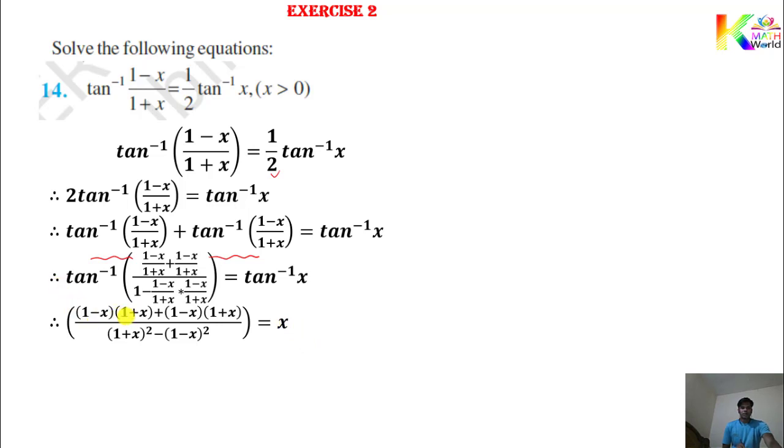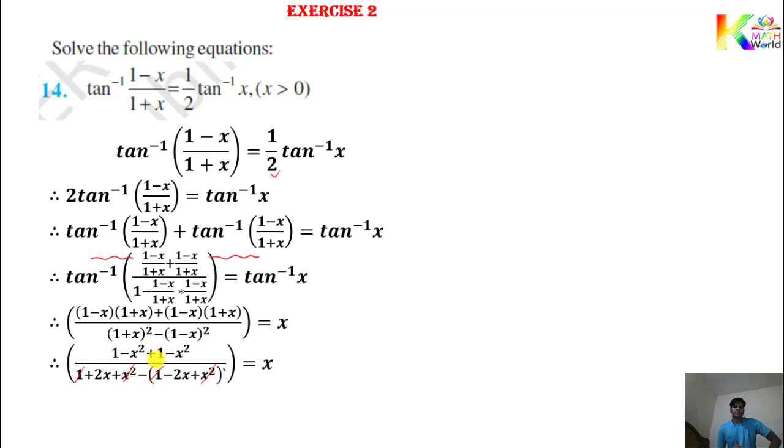So a minus b, a plus b, so you got a square minus b square, so you got 1 minus x square. Same way here you got 1 minus x square. In denominator write the expansion, so 1 plus 2x plus x square minus 1 minus 2x plus x square, that is equals to x. Okay, so in denominator when you open this bracket, this 1 got cancelled out, plus x square will be cancelled out with this will become minus x square, so it will be cancelled out. So now twice x left and here minus minus plus 2x, so 2x plus 2x, that is 4x.